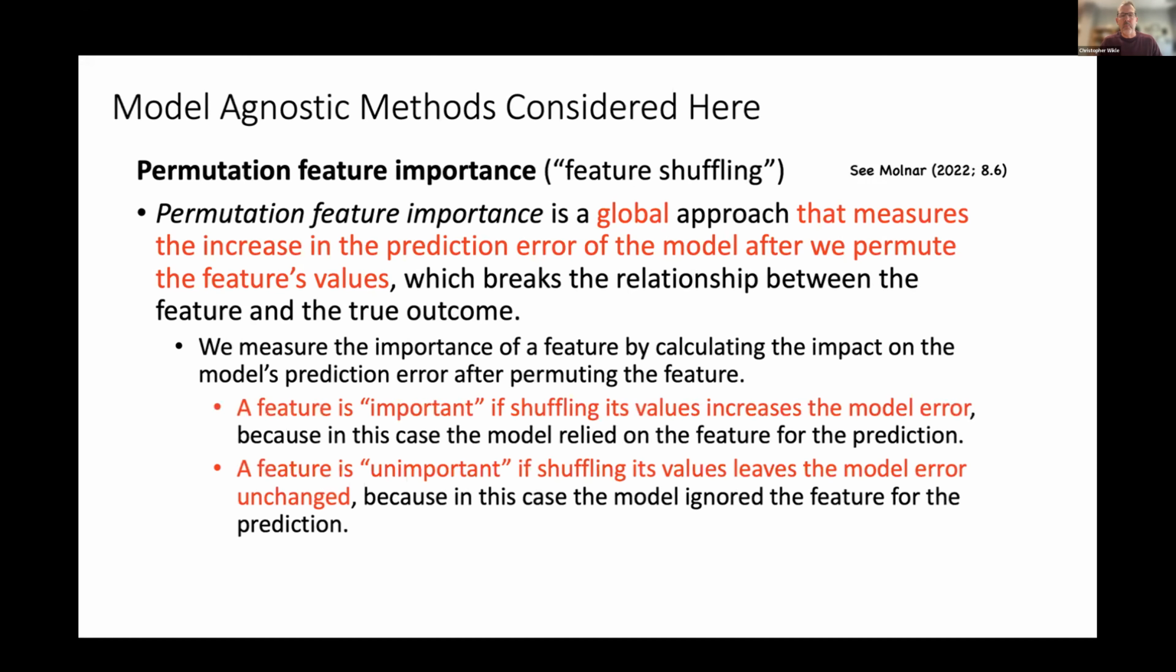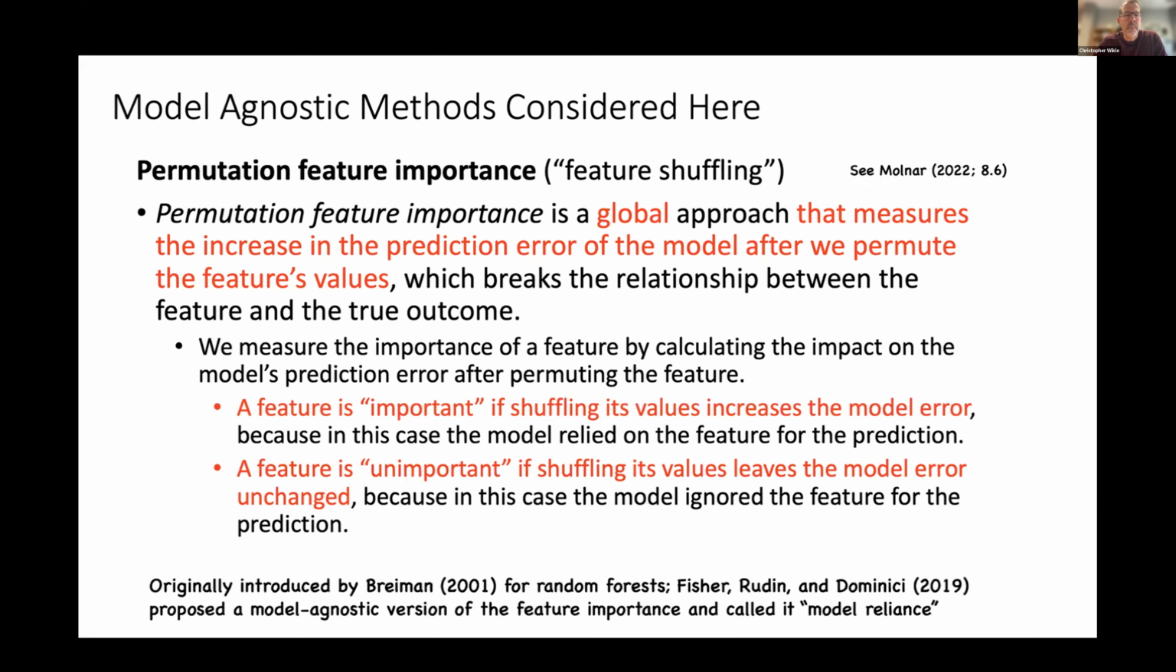So clearly an important feature is if the values increase the model error. Because if I shuffle it and the model error goes way up, then it clearly was an important variable, and obviously it's unimportant if the model error was unchanged. So this idea comes from Breiman, really, but I think the most recent incarnation of this in the Fisher et al. paper is really where it's kind of been generalized and sort of what we base our